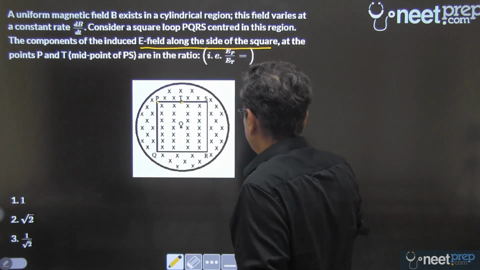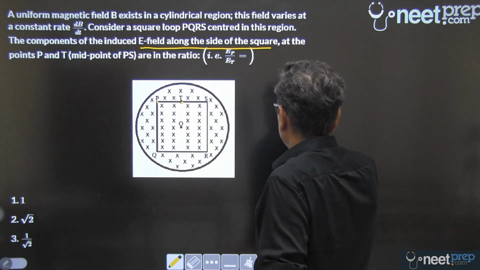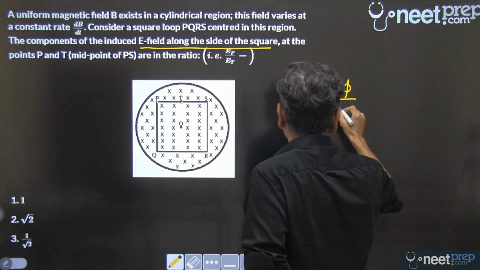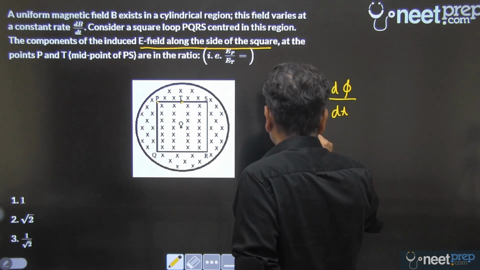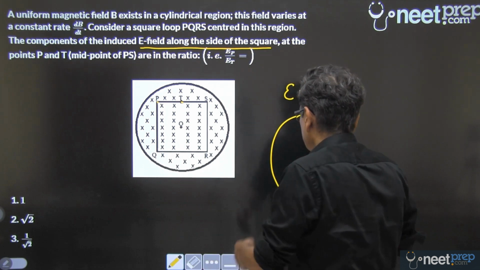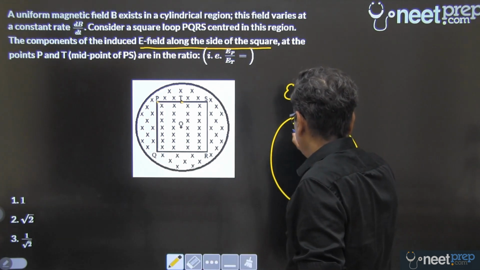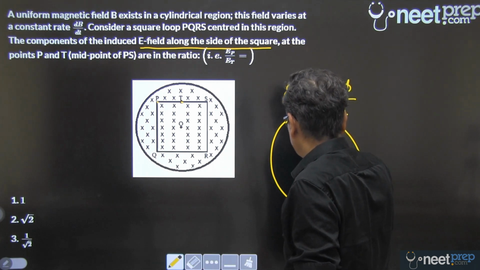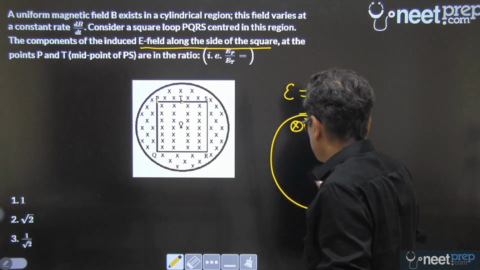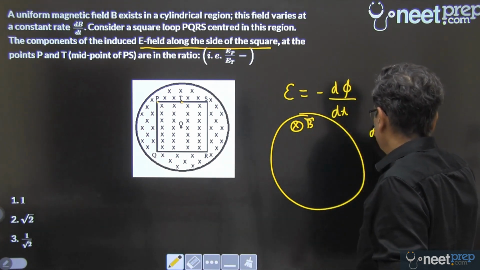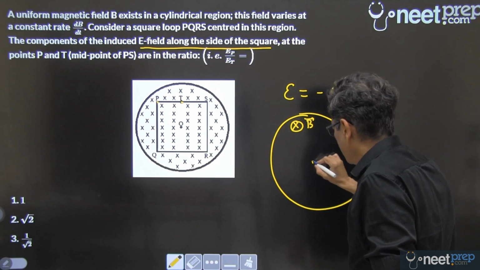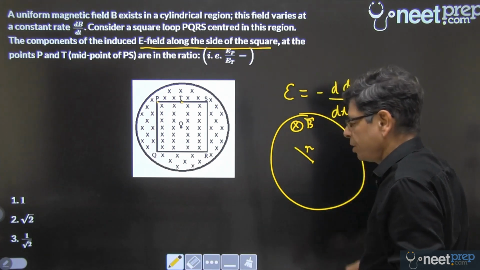So let's begin with Faraday's law, which tells us induced EMF is equal to minus d phi by dt, right? And imagine we have this space, redrawn here, and the field, I won't draw so many crosses, just one would do for us. Magnetic field is uniform and it is like this into the plane. Now this magnetic field is varying with time at the rate dB by dt. From the center, if you go a distance r, what is the induced electric field there?